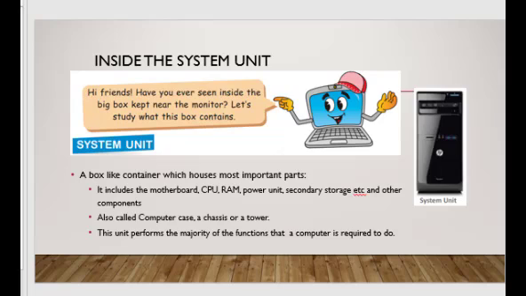Students, the picture you see here on the right hand side is called the system unit. It is often called a chassis, a computer case or a tower. It is called a tower because most of the time it is placed vertically alongside a monitor or a keyboard. But there are times when they are also found placed horizontally on the table on which monitors are placed. Students, nowadays motherboards and system units are becoming more and more compact. Therefore, at times, system units are also found attached at the back of the monitors.